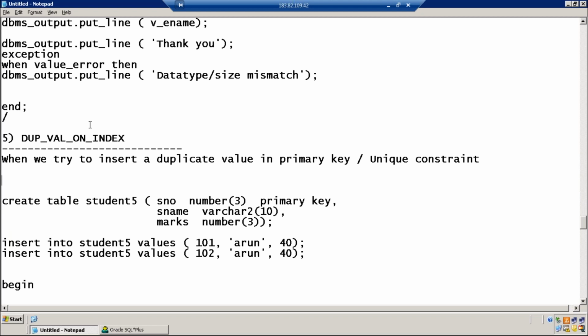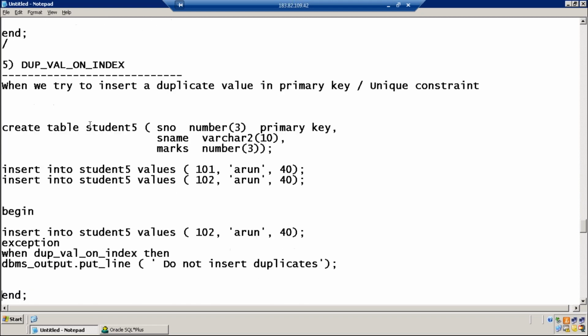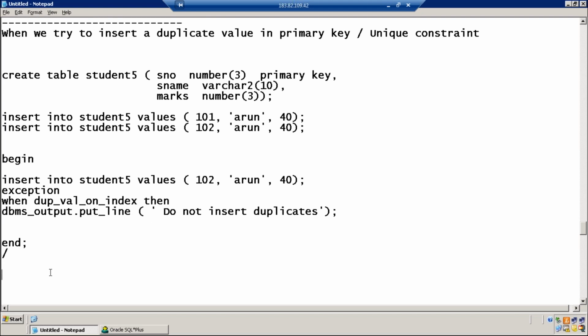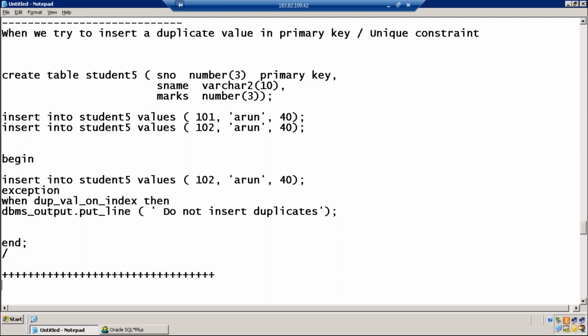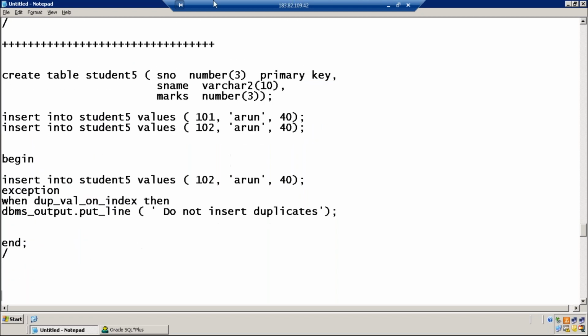Look at this: creating table student 6, no primary key, a normal table without constraint, inserting 2 rows. And here I am writing inserting into table 6 a duplicate value.